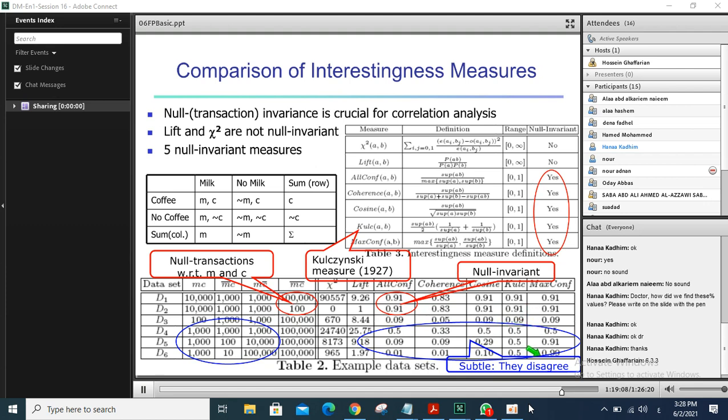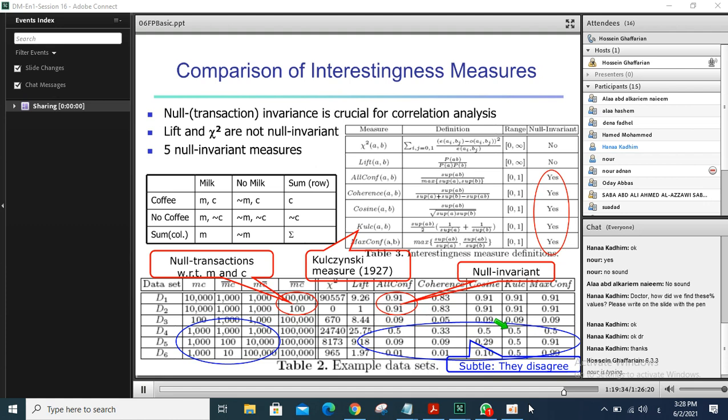Coherency is changed. Gaussian is changed. Max confidence is changed in some cases. But the most robust result is dedicated to Kulczynski